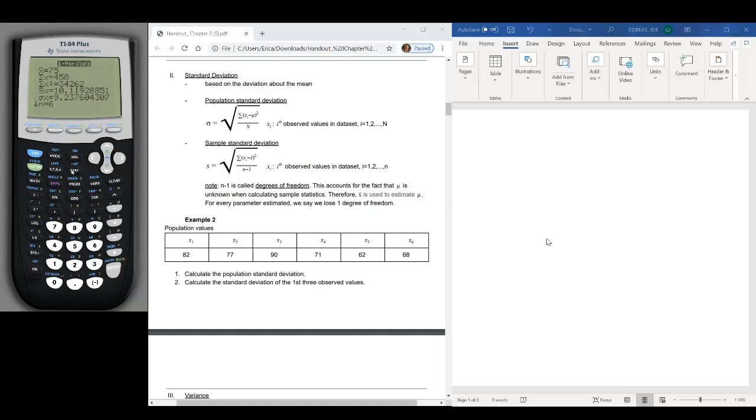So let's go to stat and let's go to edit. And what we want to do is enter the sample into L3. I want to leave L2 alone just in case I need to check something later on. Let's go over to L3. And I want to enter the first 3 observed values. So 82,